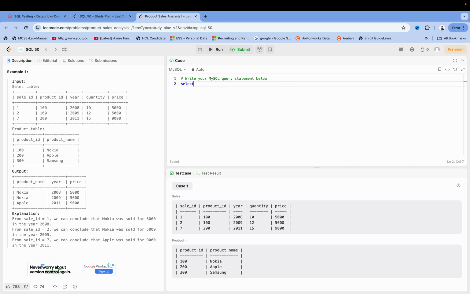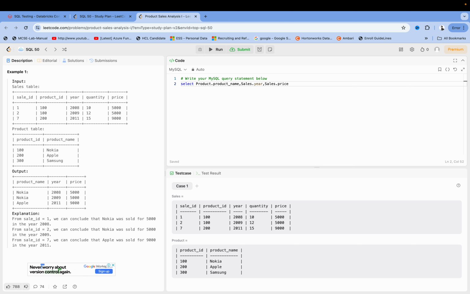select, we will select product name, which is on the Product table. Okay, so we'll get the table name dot product name. Okay, and then comma, we'll need year, so this is from the Sales table. Okay, sales dot year, and then we need price, so we have this price on the Sales table, sales dot